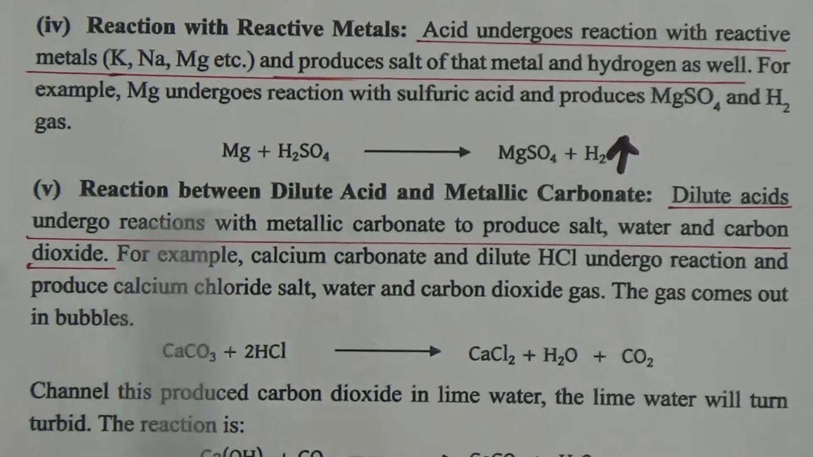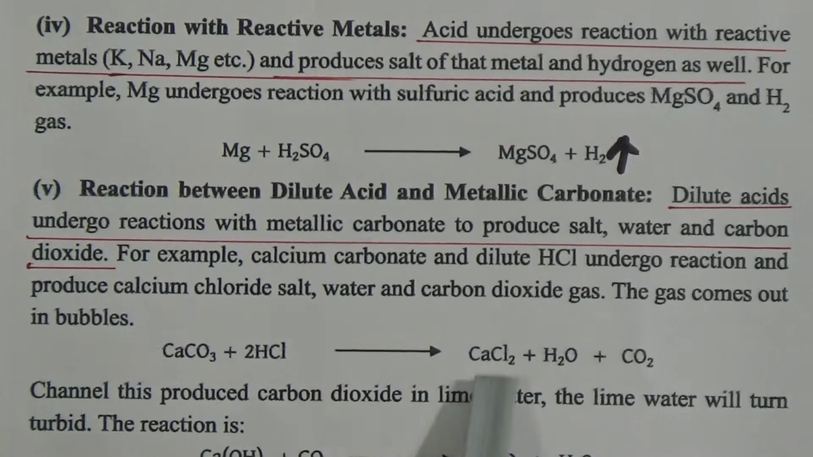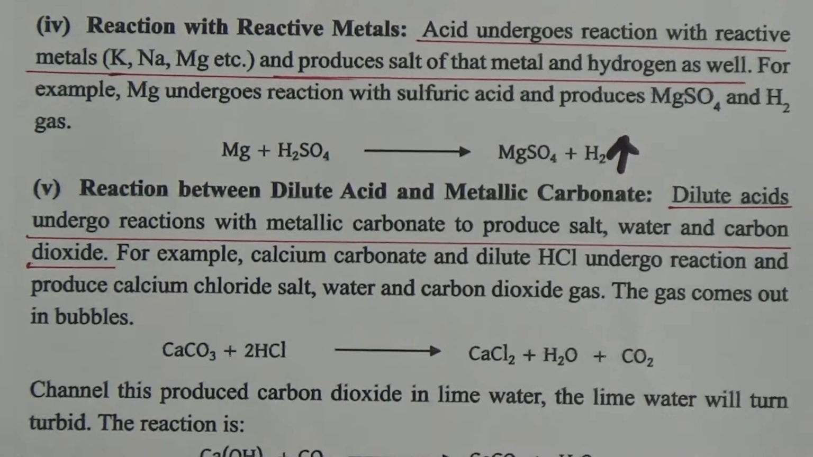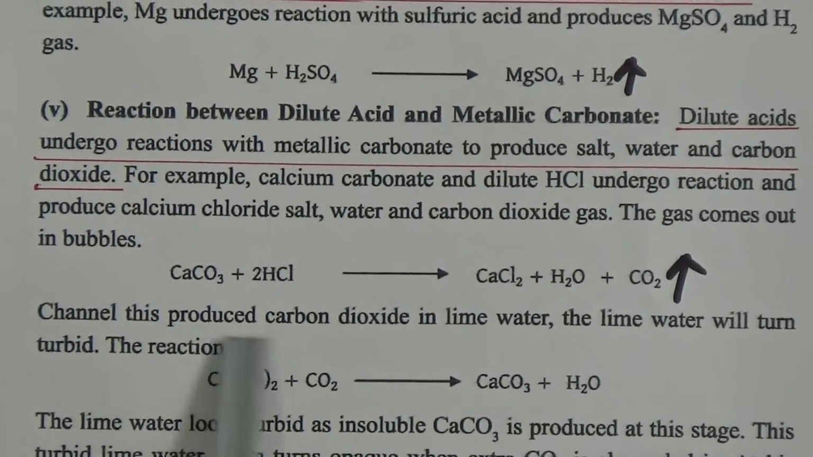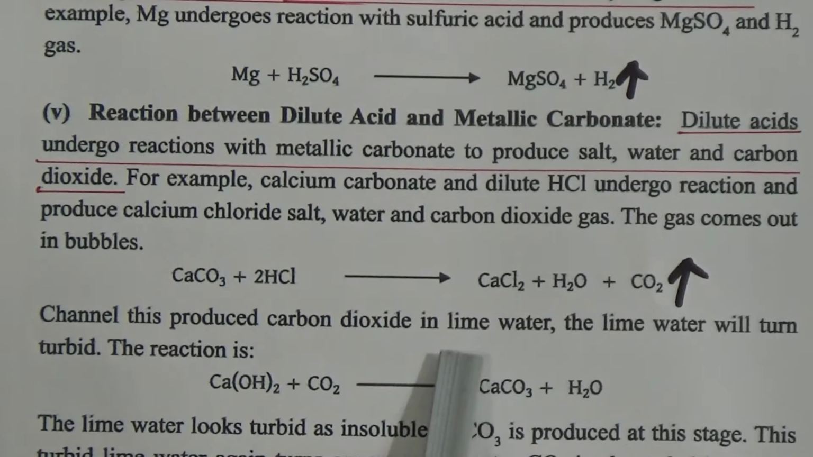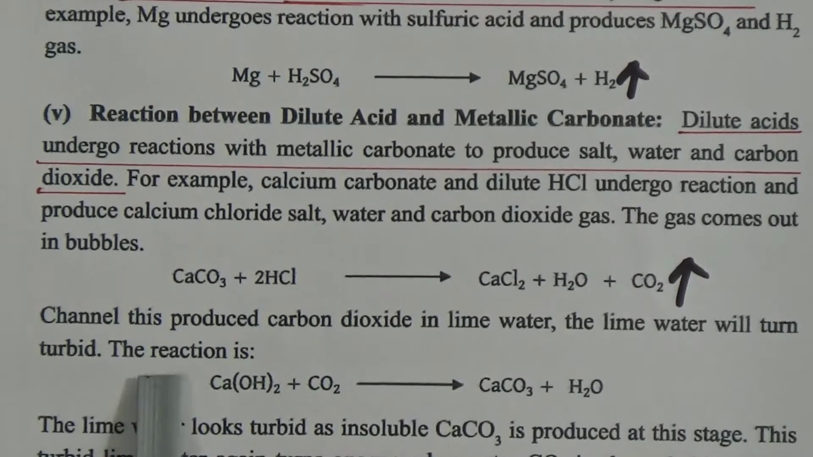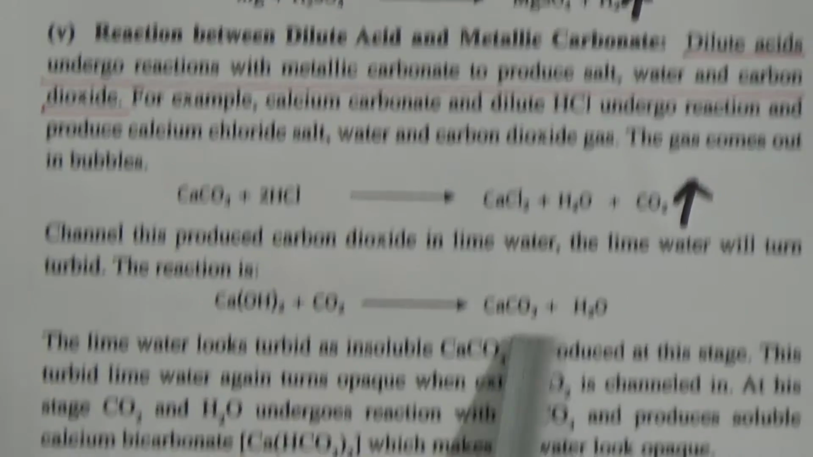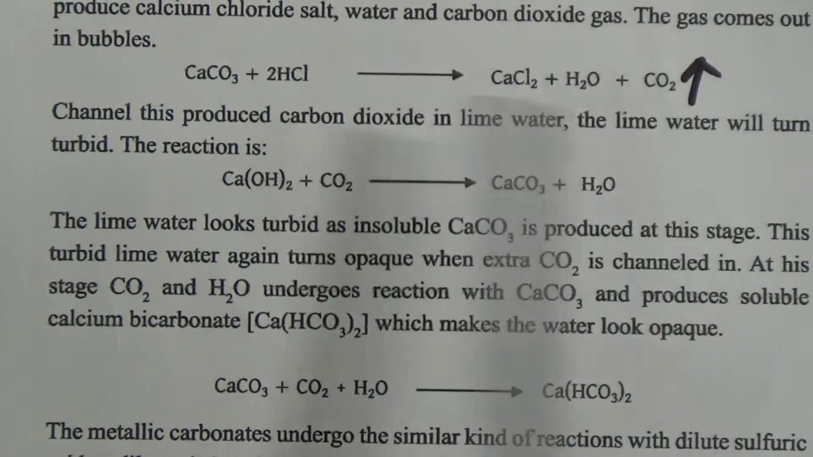And look, calcium carbonate reacts with hydrochloric acid to produce salt, water and carbon dioxide. This is also a gas. Now come to the next one. Channel this produced carbon dioxide into lime water. The lime water will turn turbid, and this reaction is calcium hydroxide reacting with carbon dioxide to produce calcium carbonate and water, and that proves that this